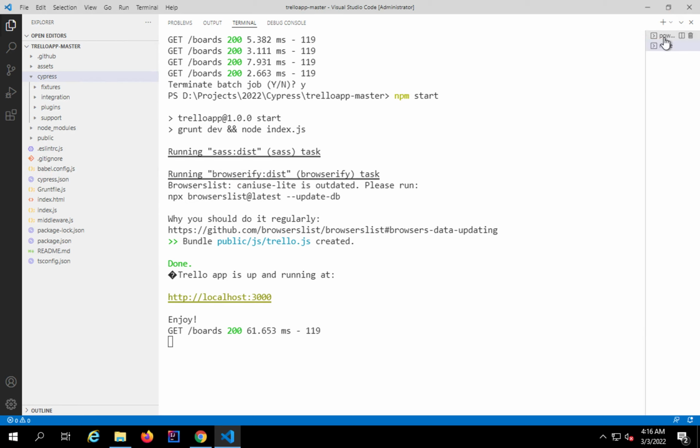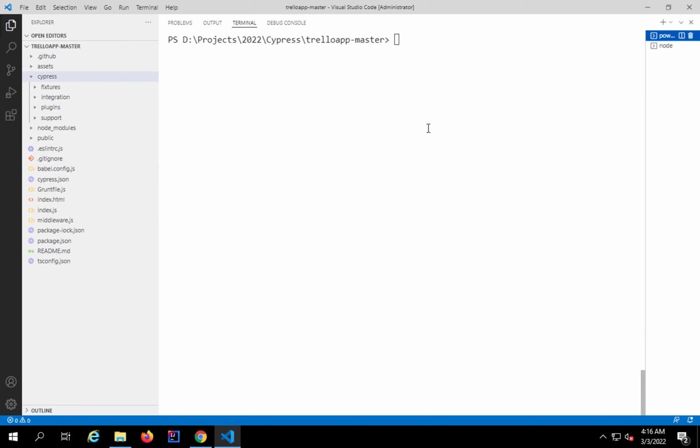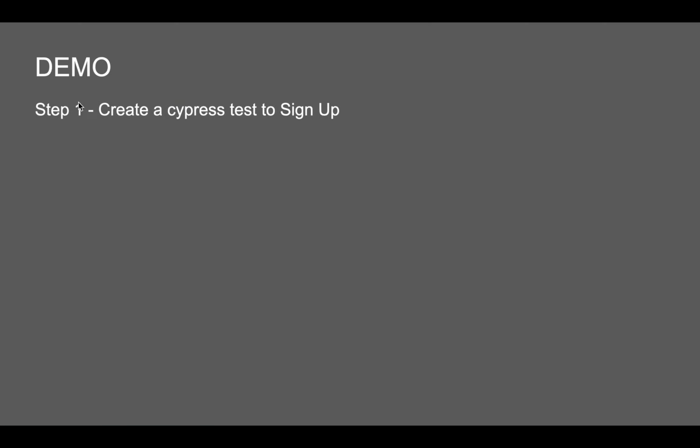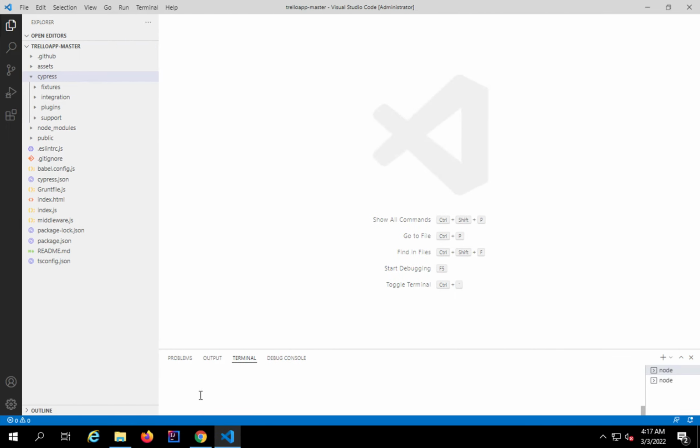So I will go and say npx cypress open, so that we get our Cypress GUI. So now let the Cypress GUI start, and what I'm going to do is first I will create a Cypress test to sign up. So if I go to this app,